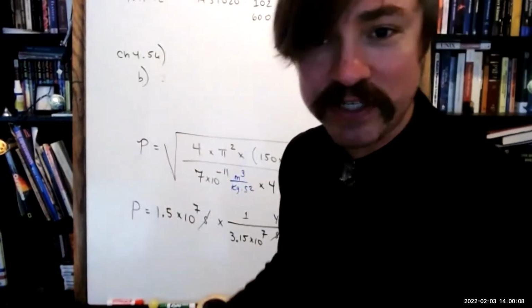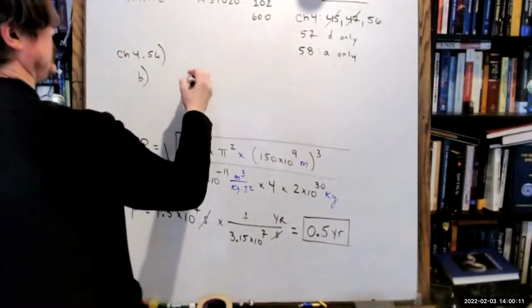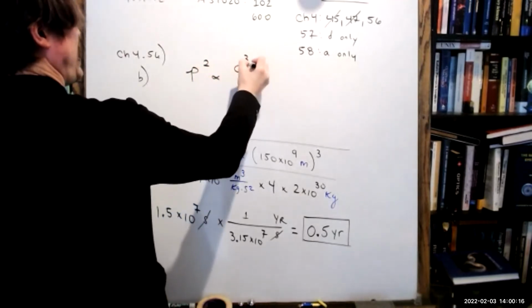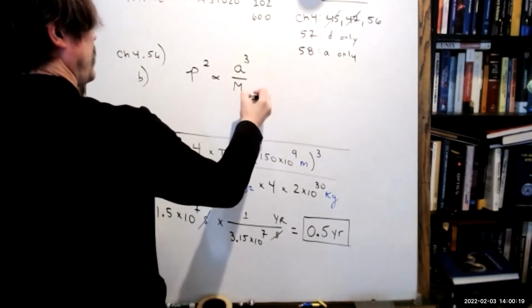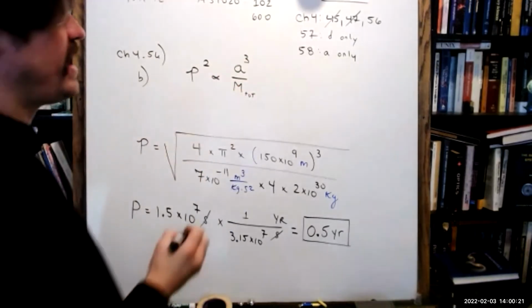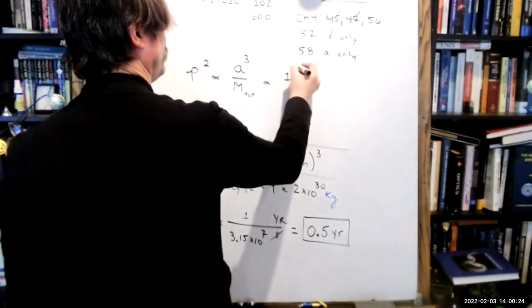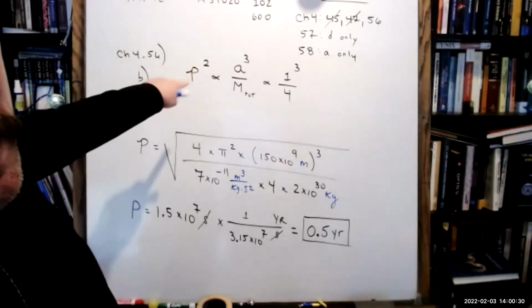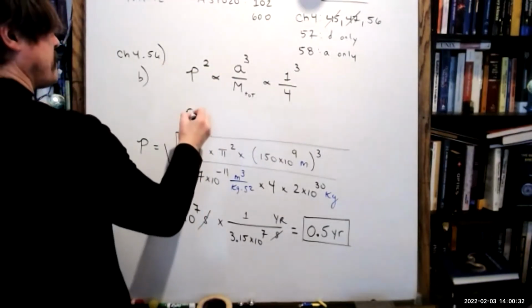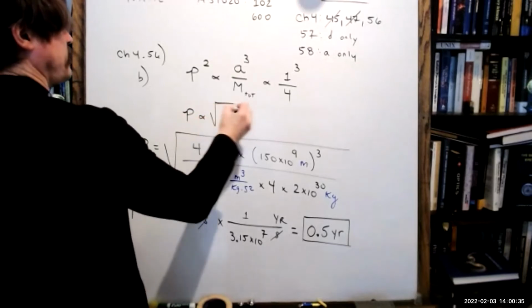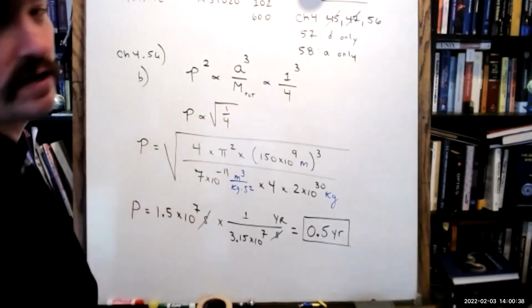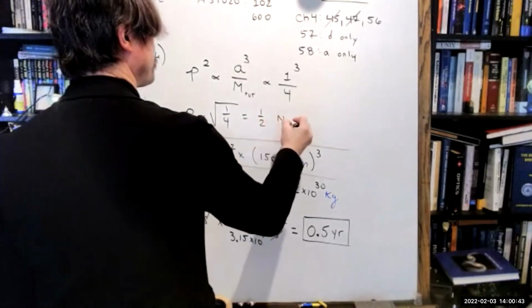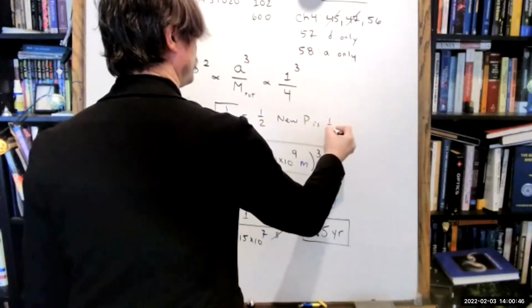If you had been good at proportionality arguments, we could have done this a different way by saying p squared is proportional to a cubed over the total mass, right? The a didn't change. We're still at 1 AU. But the total mass changed by a factor of 4. But if p squared is proportional to 1/4, then p would be proportional to the square root of 1/4. And the square root of 1/4 is 1/2. The new period is half the old one,